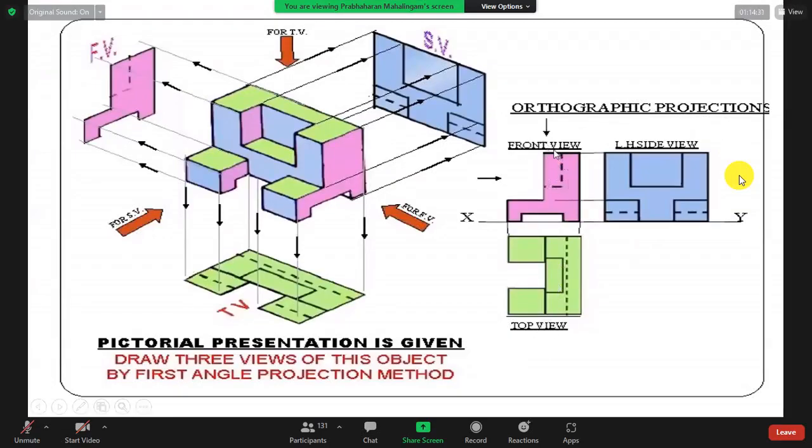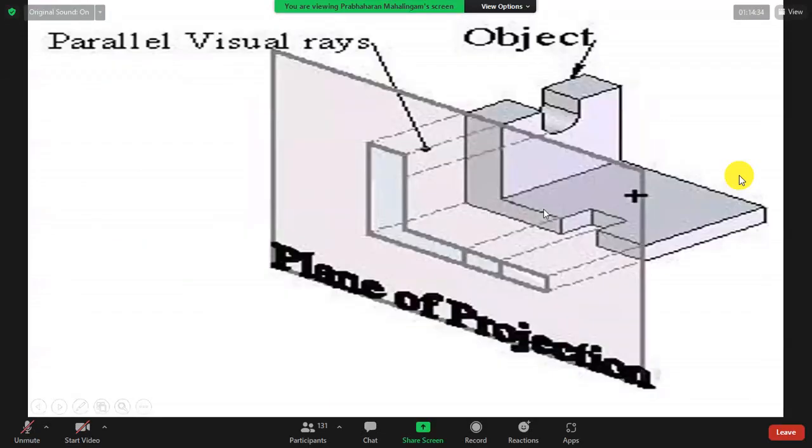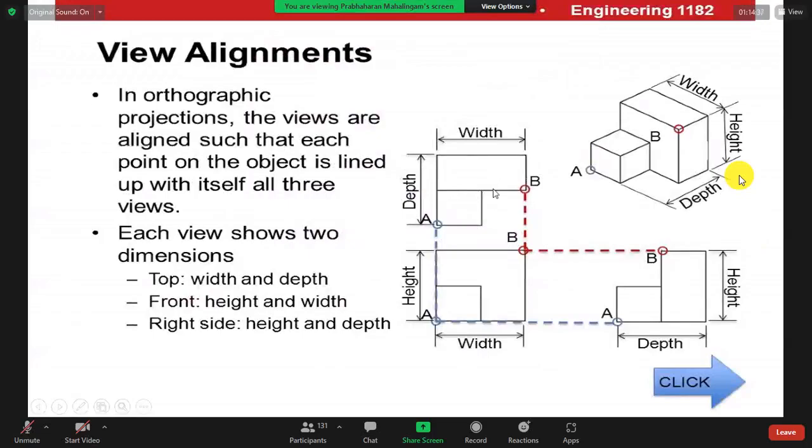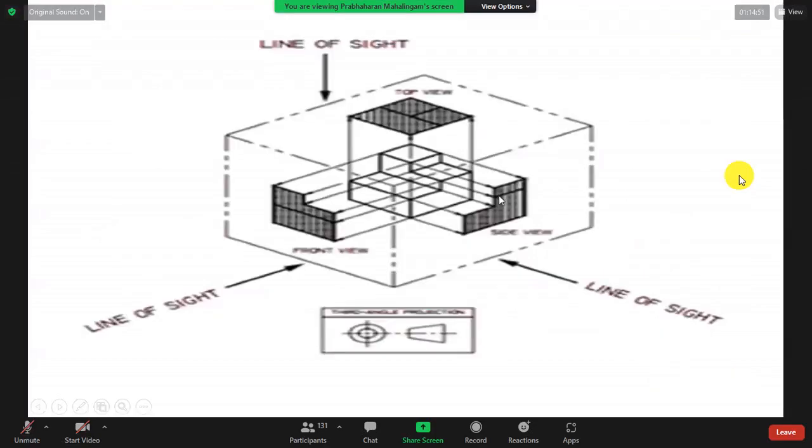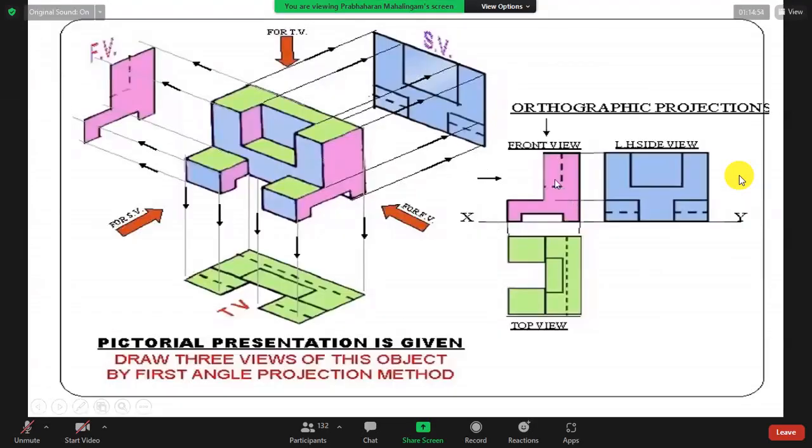Now you see front is first here. Here you see plan is first. This is the plan, this is not the front. You see from the front, this side is the front. These two are here, this is called plan. Here you see front is first. When the front is first, we call this the first angle projection, the USA system. USA, United States of America. In the USA system, front is first.